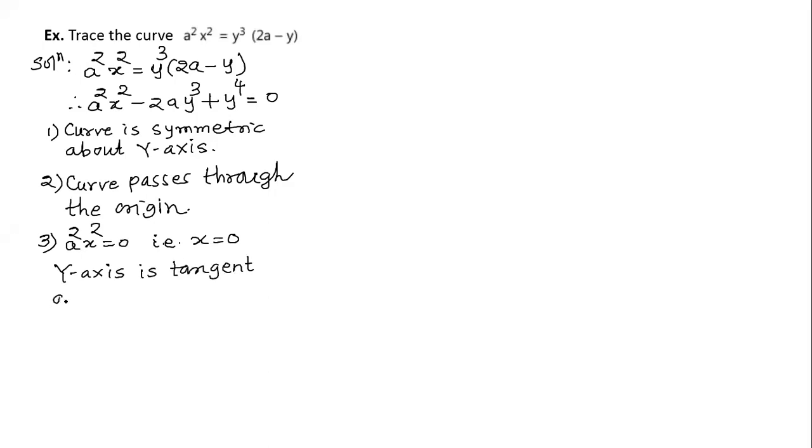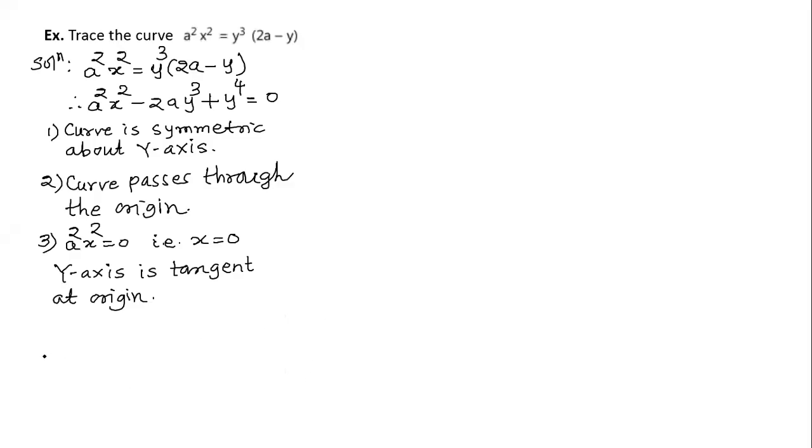So it is really interesting to see how the curve is going to look like. Once we say y-axis is tangent, the curve may be like this. I'm moving the mouse. You can see it may be from right hand side or it may be from left hand side. Let us see what happens here. After that, let us go for the next. Put y equal to 0. Then we'll be getting only a square x square equal to 0. So x equal to 0. This is the origin. It is obvious as origin is part of the curve.